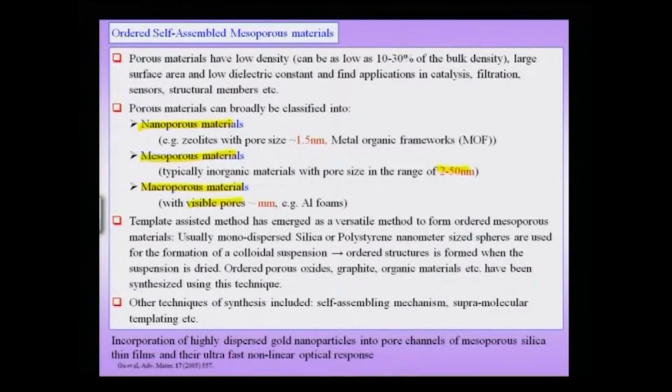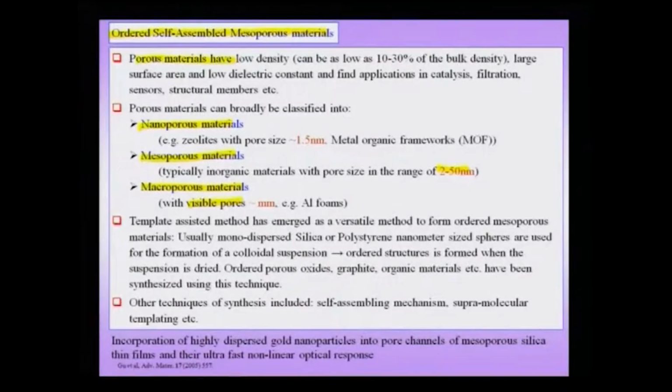So, in other words, we are now going to describe ordered self assembled mesoporous materials, and though we are using the word mesoporous, we are going to take a larger picture, wherein we are also going to briefly talk about these other kinds of porous materials like the nanoporous and the macroporous materials. Porous materials have a low density, because now we do not have a homogeneous monolithic material, but